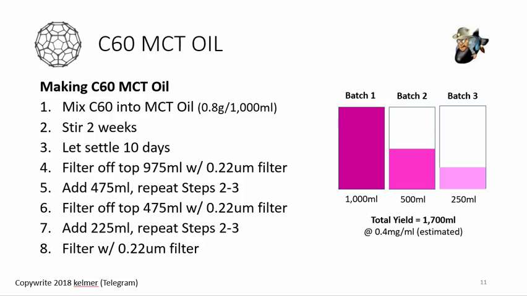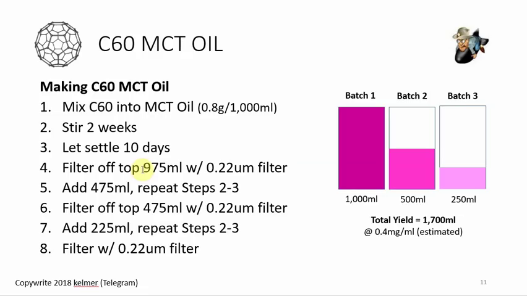What happens is, after probably a dozen or so batches that I've done, I found that when I add the regular amount of C60, which is 8 grams per 1,000 milliliters, into the first batch, I just do the same standard process, which is the rat study benchmark, back to basics: stir for 2 weeks, and let it settle for 10. That's my first batch, basically 1,000 milliliters. And because C60 falls out of MCT and you don't get as much that stays in solution,